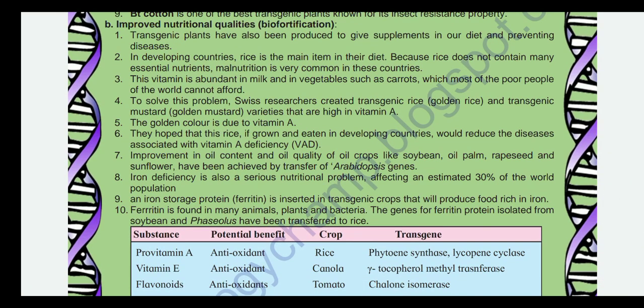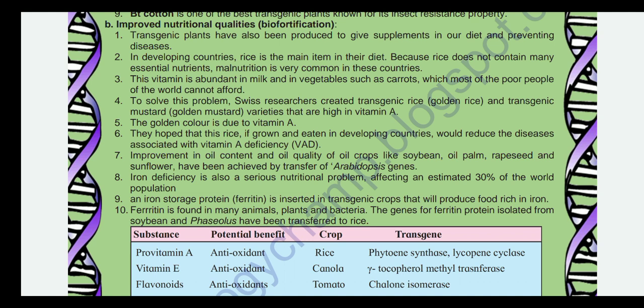Transgenic plants have also been produced to give supplements in our diet and prevent diseases. In developing countries, rice is the main item of their diet, that is the staple food. But rice does not contain many essential nutrients. That is, malnutrition is very common in these countries. So these vitamins, abundant in milk and vegetables such as carrots, which is the most of the poor people of